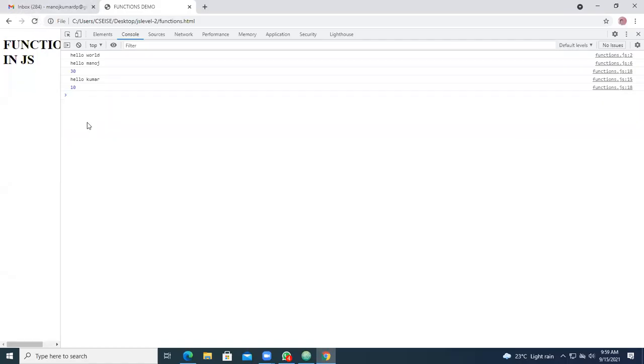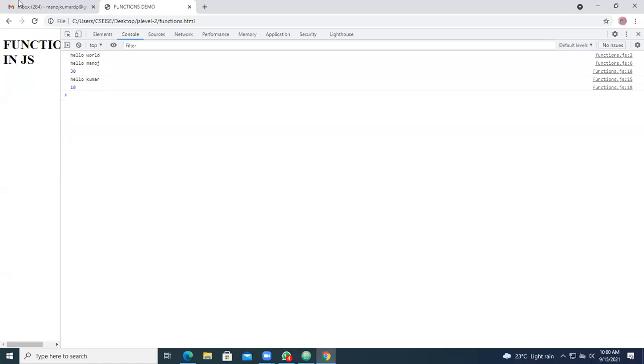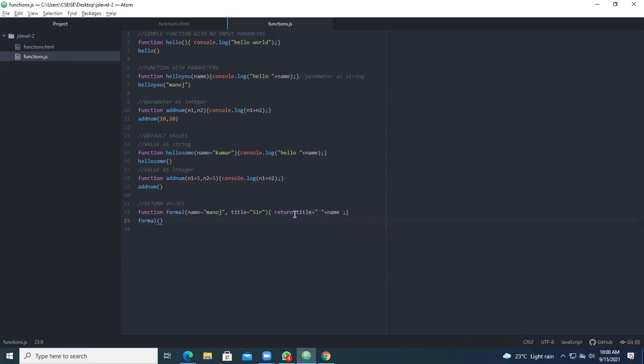So refresh. You're not getting anything there. Okay. You are calling a function formal there. So you are calling the same function again and again. You remove this particular thing. Okay. Now you save and refresh. So this function, you have given it as return. Okay. So when you call the return,